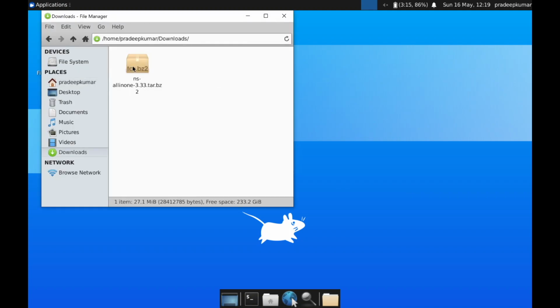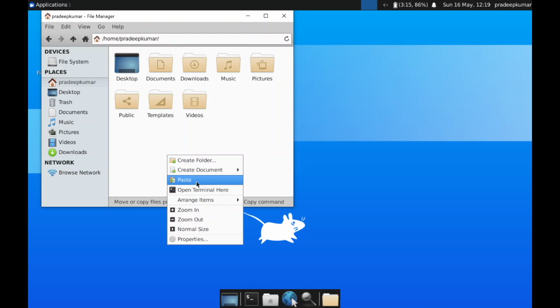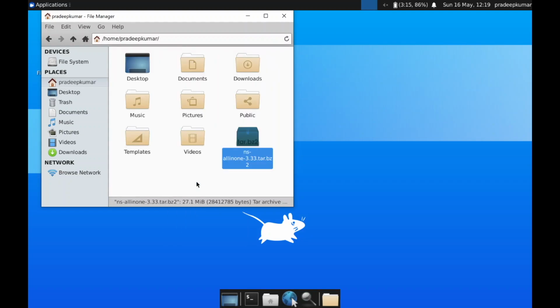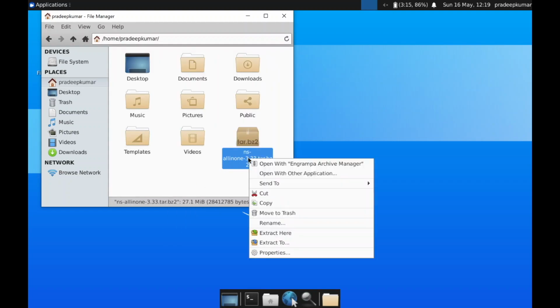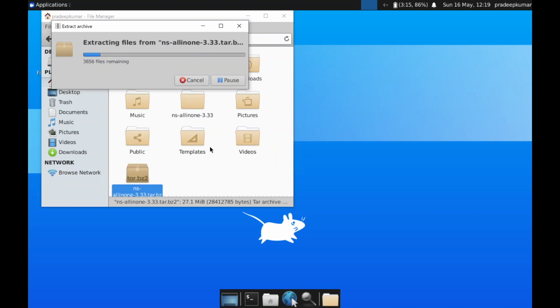After the installation is done, go to the downloads folder where NS3 is already downloaded. Copy this file and bring it to the home folder. My home name is home pradeepkumar. Just paste it there. Once it is pasted, right click and there's an option called extract here, so extract directly in the home folder itself. It is always good to extract everything into the home folder, because sometimes subscribers ask that they could not find where they downloaded and where they unzipped it. So please be specific and always use the home folder.